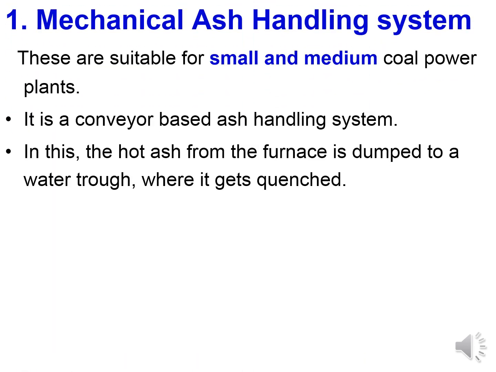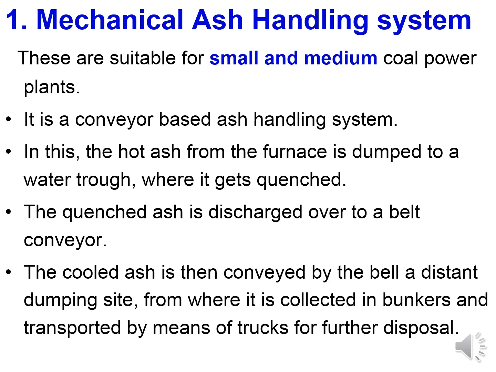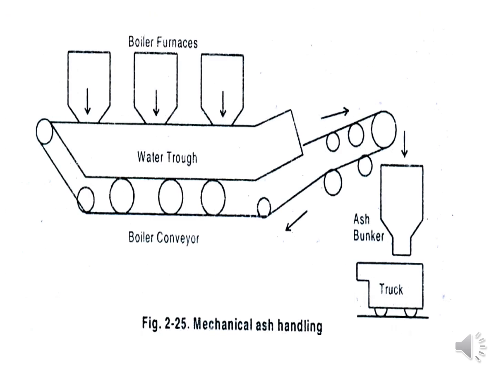Mechanical ash handling system, we'll see the diagram. See here, this is boiler 1, 2, 3. So 3 boiler furnaces. Whatever ash they produce is dumped on the belt conveyor through the water trough. Here the slurry is created, water and ash mix, and this belt